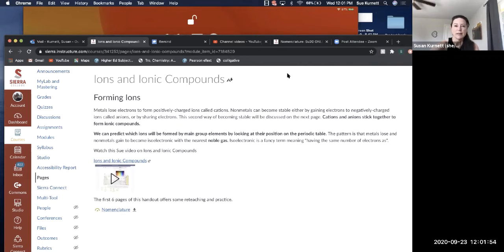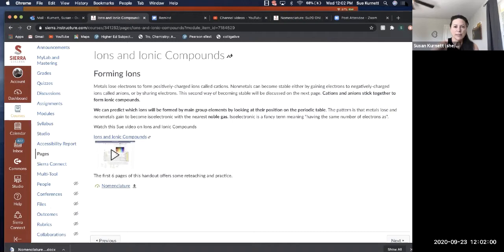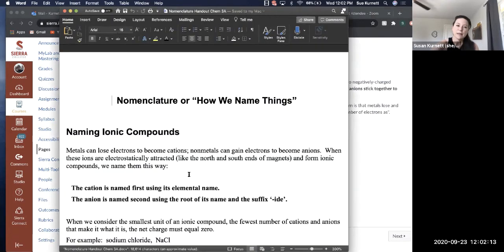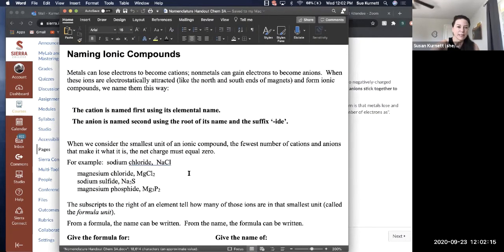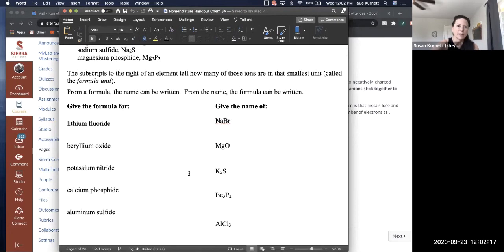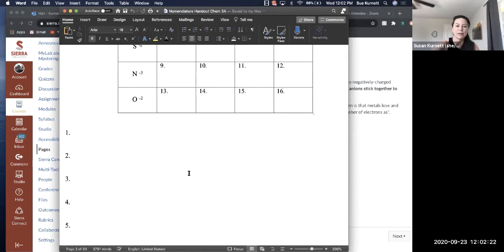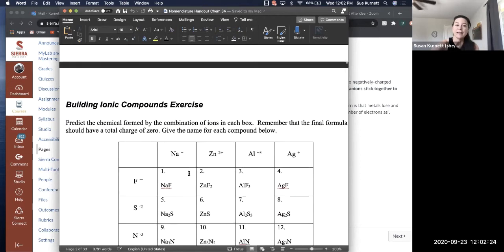We're going to be studying nomenclature, which is the system of naming things. And we're going to be doing this for 2 weeks. Well, we're going to be doing nomenclature all semester. So you know how sig figs kind of never go away? Nomenclature is like that. So here I've got the doc. And I'm going to talk through this first 6 pages today. It's going to talk about how to name things, and then how to put ions together and how to name them.